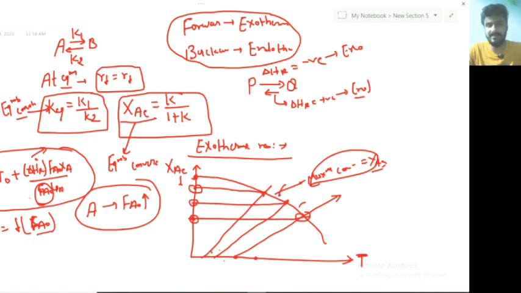Okay, the practical example of this is in case of H2SO4 production, sulfuric acid production. Each and every time you can't decrease the outlet temperature. So if you have fixed the outlet temperature, then you have to provide the interstage cooling, which I will discuss in my next lecture: how interstage cooling is going to increase the maximum achievable conversion for the H2SO4 production. Okay, that is the concept of this exothermic reaction in the CSTR, or in case of any PFR you are using, the reaction will be like in this way.